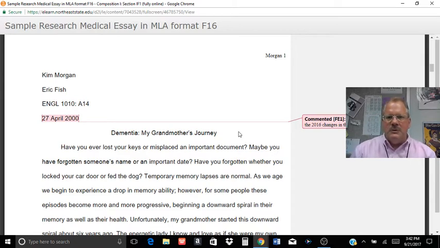Also, you want to use sources fairly. As bad as stealing someone's work is also putting words in their mouths that they didn't say. So you want to be accurate with the way you use sources. Make sure you don't misrepresent what the source says. But with the sample essay that's up there,